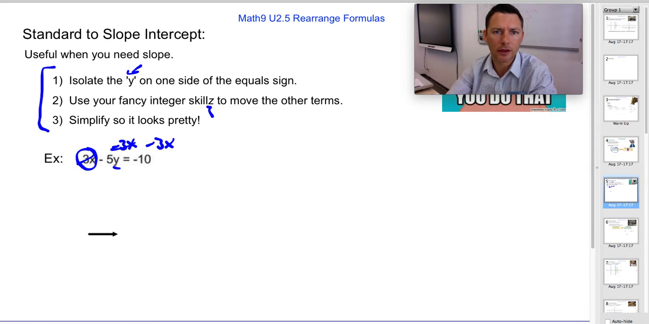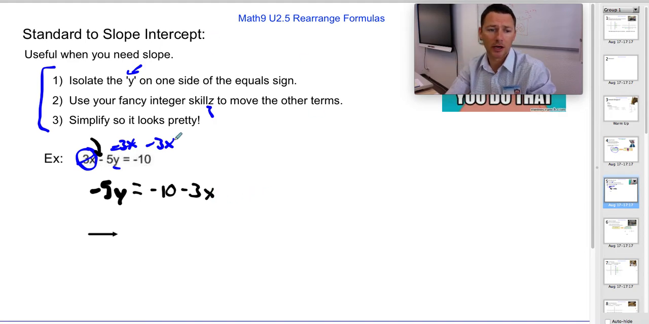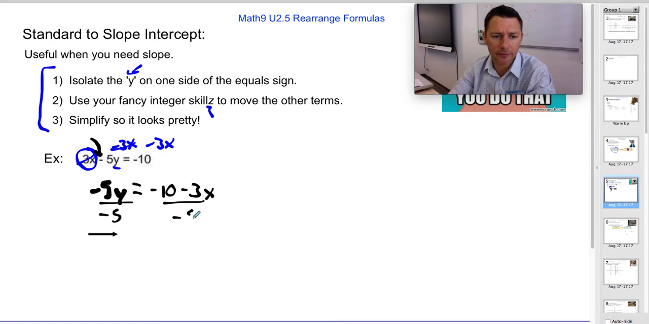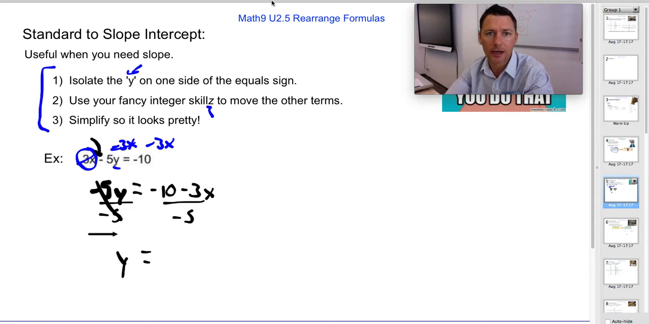These cancel, and you're just left with negative 5y. The 5y is negative here. You can tell because there's a big negative sign in front of it, so it's going to stay that way. And here you've got negative 10, and minus 3x sits like that. If you want to rearrange it right now, do it. But now we can divide by negative 5, divide all this by negative 5. Negative 5s cancel out. You're left with y equals, and we're going to play the same game and say this